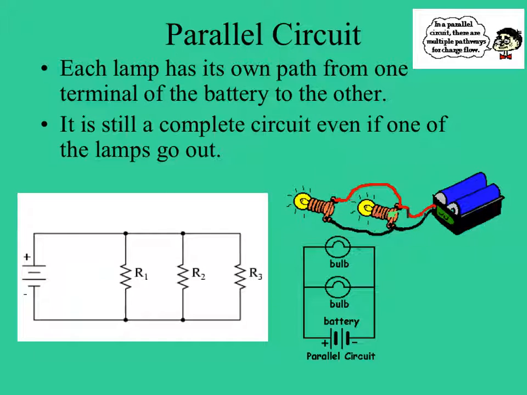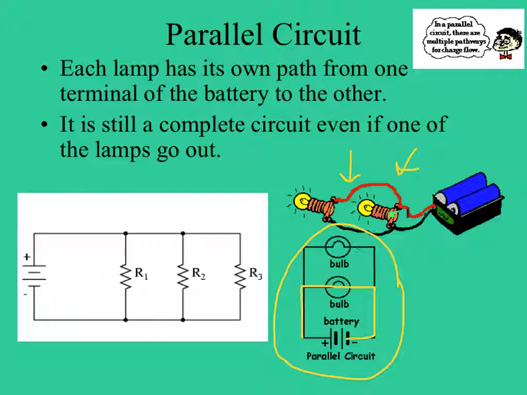When looking at this circuit through a schematic diagram, we clean it up a little bit so it's easier to see, because this picture right here, what the circuit really looks like, isn't as easy to see. So we make it a nice rectangular wire. Electricity goes through the first light bulb, and then electricity goes through the second light bulb. Again, that idea that electricity has more than one path is what makes it a parallel circuit compared